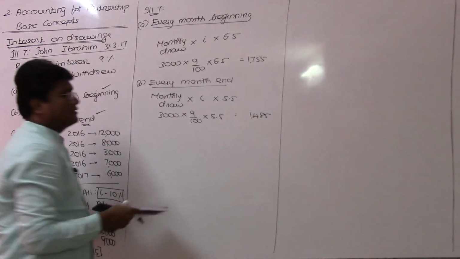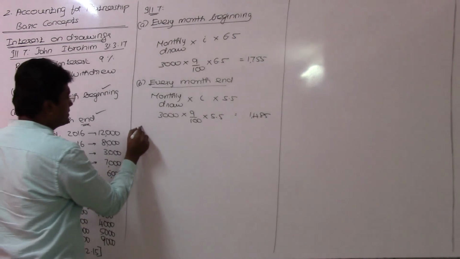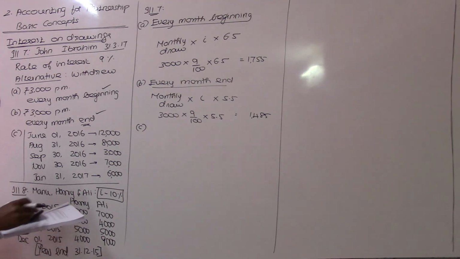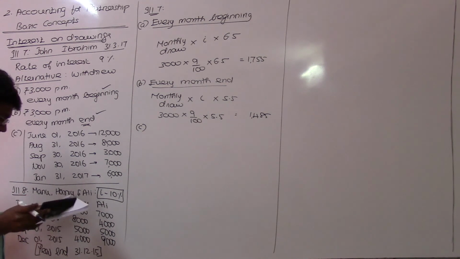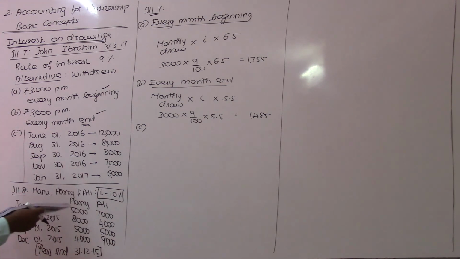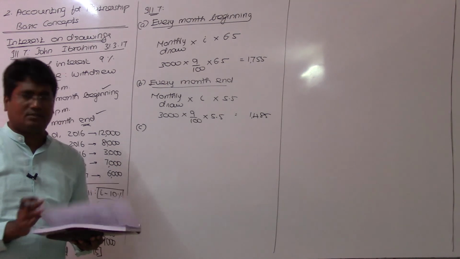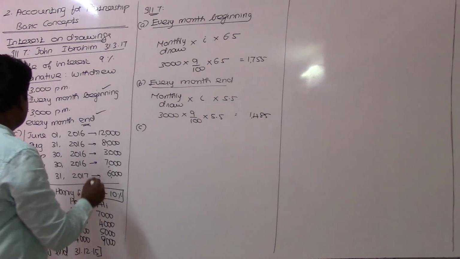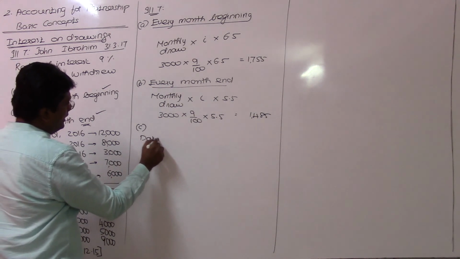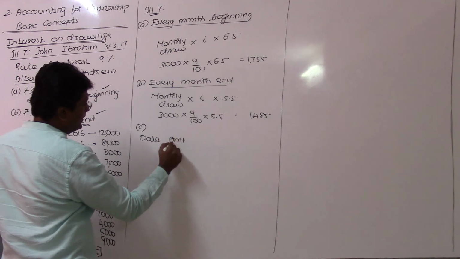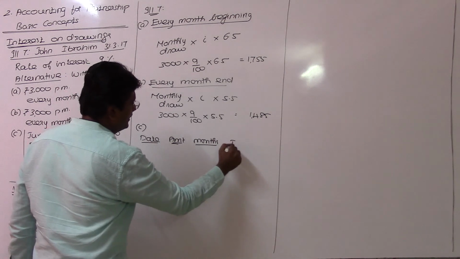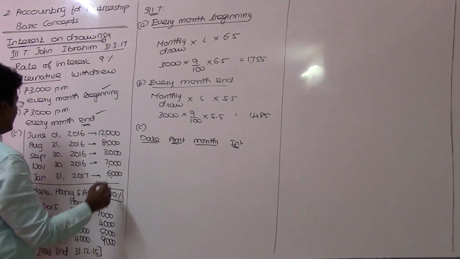Situation 3 or C, it has different days and different amounts of drawings. In that case, what we have to do, we can depend on the product method or direct method. Both the methods you can follow. I will now depend on the direct method. That's how it is worked out in your text. Of course, you can solve under the product method also, you will get the same answer here. So, date and amount of drawings and period eligible for interest, and we have to calculate the interest finally.